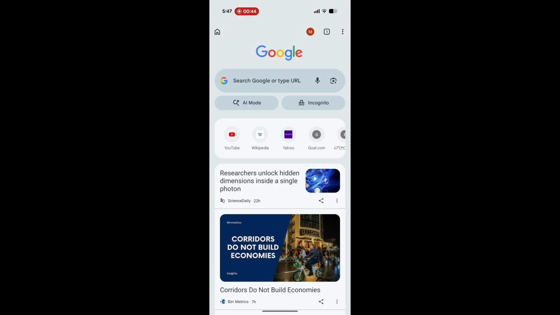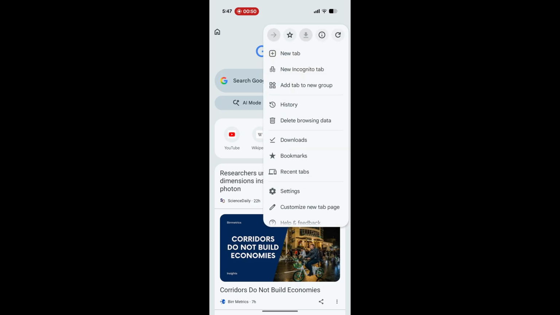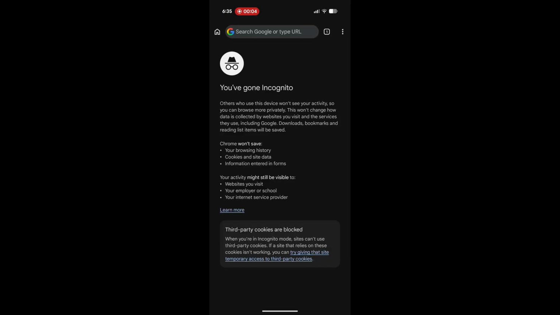So to turn incognito mode on, we go to the top right corner and tap on the three dots, and we have the option of incognito mode on the second line. We tap on that, and there you have it. Incognito mode is open. When incognito mode is opened, Chrome won't save any browsing history, cookies, or any sort of